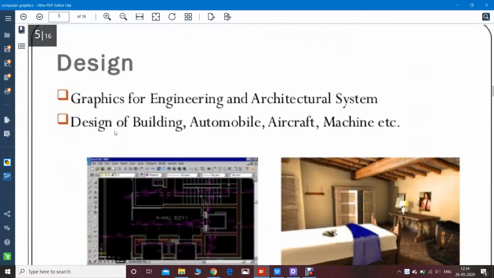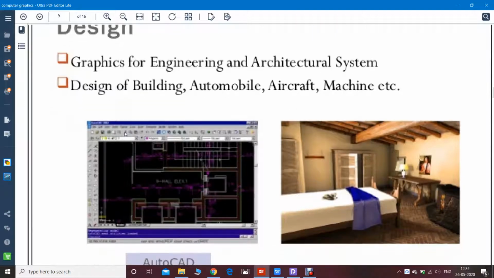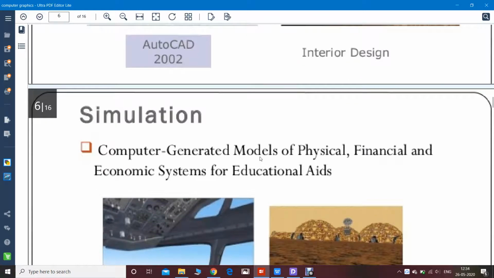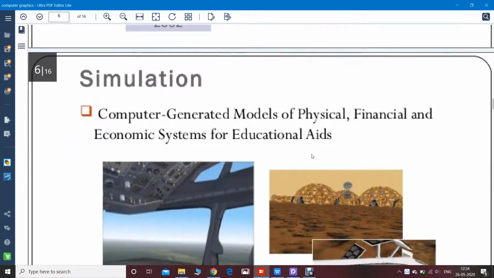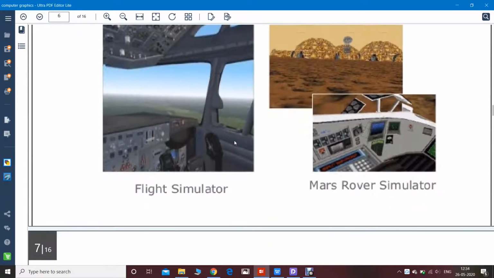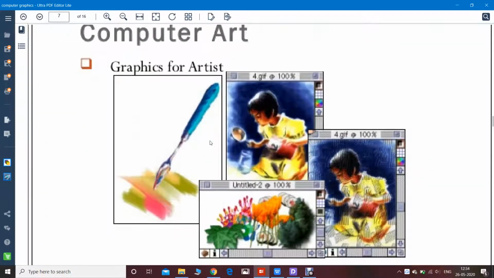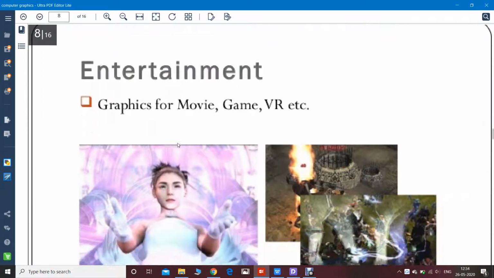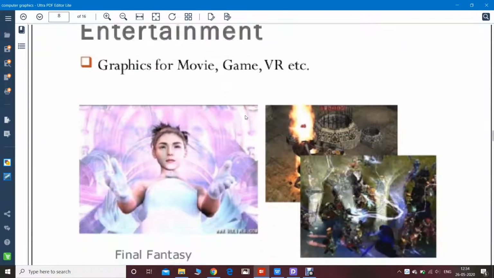Designs: graphics for engineering and architectural systems, design for buildings, automobiles, aircraft, machines, etc. Simulation: computer-generated models of physical, financial, and economic systems for educational aids. Computer art: graphics for artists. Entertainment: graphics for movies, games, VR, etc.